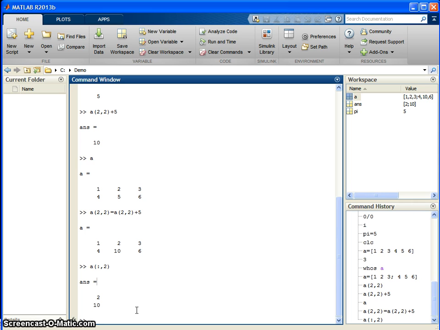As I mentioned in my last video, you can always access the array elements by using parentheses. If you want to access a single variable, you have to mention the row and column. If you want to select a particular row or a column, you have to use the colon operator. For example, if you want to choose all rows of the second column, I use it like this.